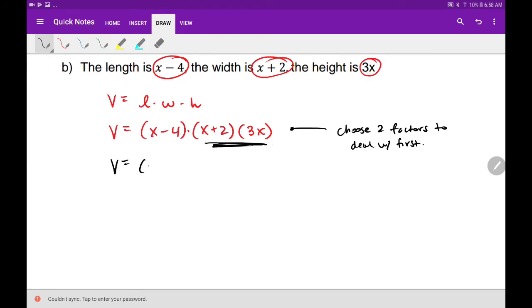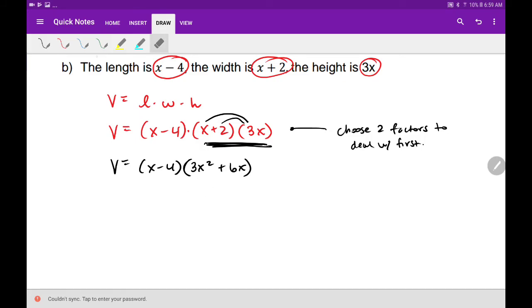So I'm going to copy down my x minus 4. Remember, deal with that later. I'm going to distribute this. So I'll get, don't forget to put your parentheses, x times 3x is 3x squared. And then plus 2 times 3x is plus 6x. Okay. Now that I've chosen these 2 to do first, and there are no like terms to combine,